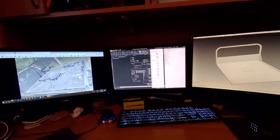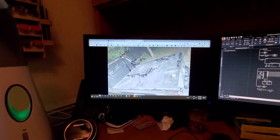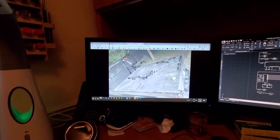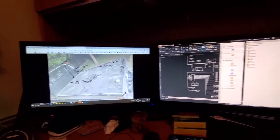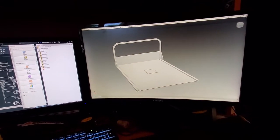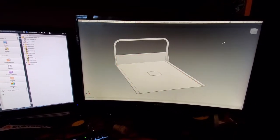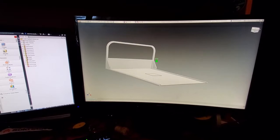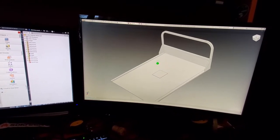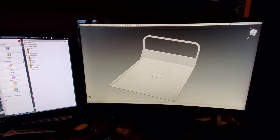So the night that the truck got home, we went through and took dimensions of the actual truck bed. Since then, I have drawn up the model of the truck bed. Now, the model of the truck bed is done in AutoCAD Inventor. It's a 3D model of the, I think, J and I truck bed dimensions. This is not a one-to-one model, but it's going to be close enough for me to get